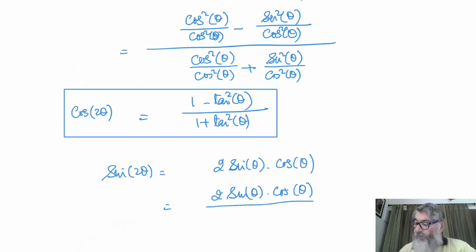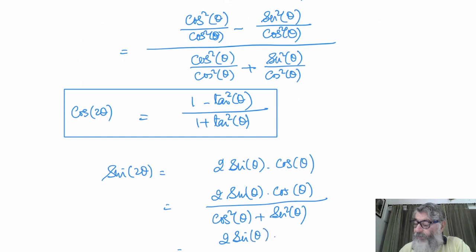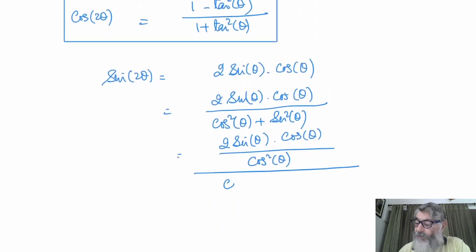I divide it by cos square theta plus sine square theta. So you're dividing the whole expression by 1, so it's not going to make any difference to the expression, but the shape will change. Now again I'm going to divide the numerator as well as the denominator by cos square theta, and similarly the denominator I will divide by cos square theta plus sine square theta, divided by cos square theta.